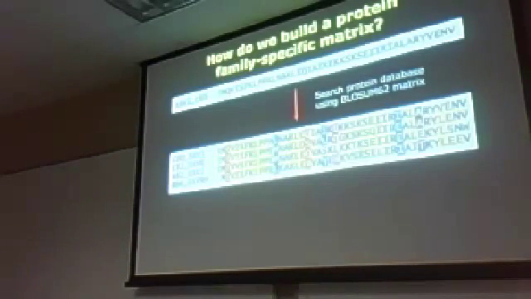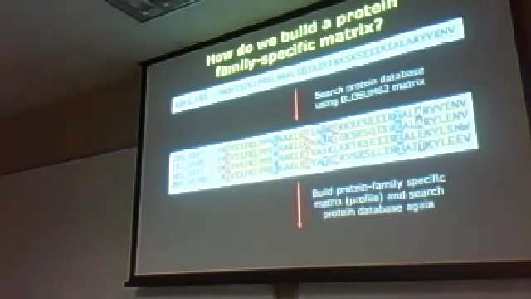Because at each of these positions, you can see that at this position, V is invariant. But then another V is not invariant at this position. In other words, this position should be scored differently than this one. Because in one of them, a given amino acid is very invariant and in the other one it isn't. A good example is this double K. So this KK from our original sequence, you can see how it's substituted one way at that position, and then it's substituted differently at the other position. Which is to say that they should not be treated as the same residue. They should be treated as different residues. So we take this alignment, we build the protein-specific matrix or profile,